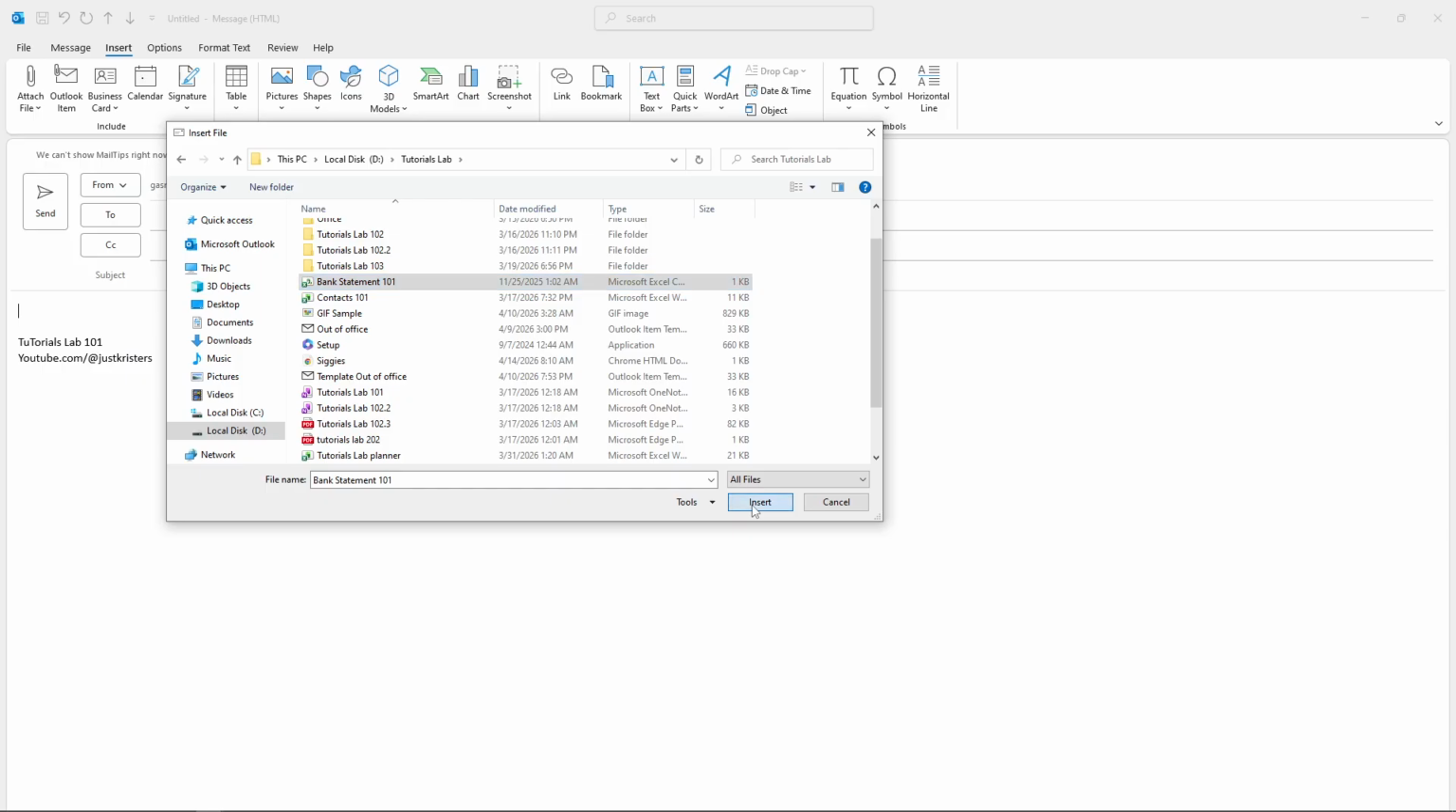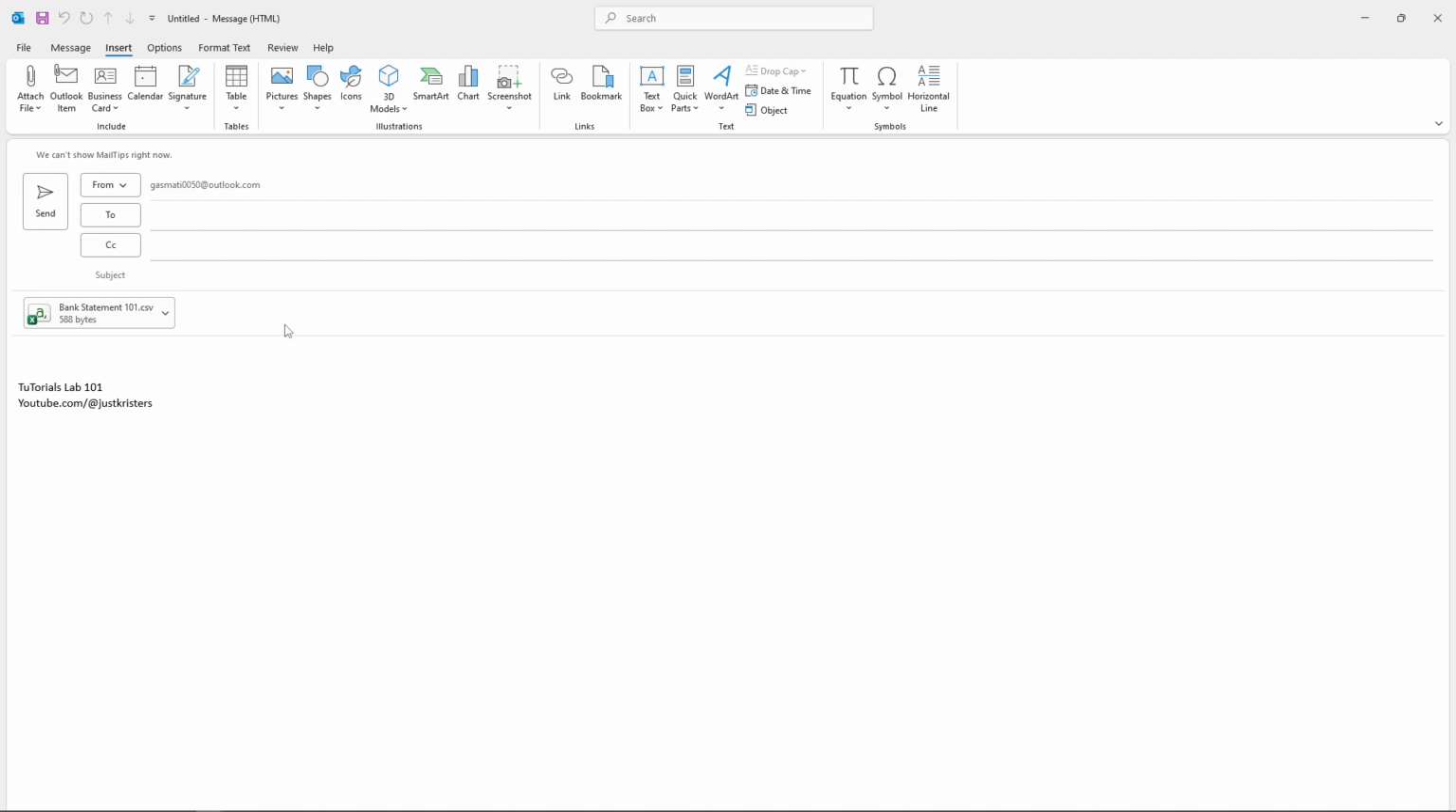it. And that's it. Your file will now be attached to your email and you'll see it appear right under the subject line. From here, you can add more attachments if needed or simply complete your email and send it off to your